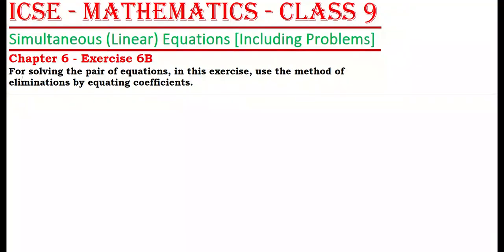So here we need to multiply one or both the equations by a suitable number so that either the coefficient of x or y in both the equations becomes numerically equal. Then we need to add or subtract both the equations so that the numerically equal coefficients will be cancelled mutually. The resulting equation we can solve so that we will get one of the variables. Then we apply that in any one of the equations to find the value of the second variable. This is called elimination by equating coefficients.